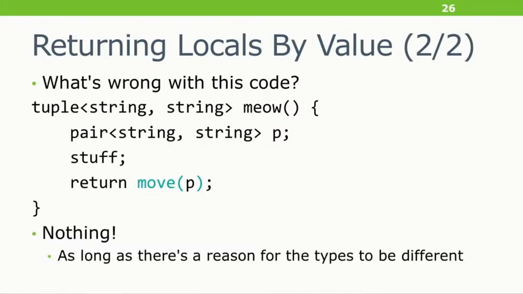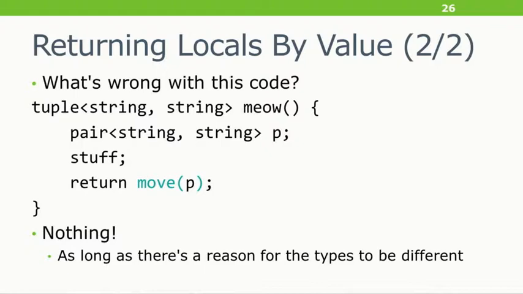It is not wrong. In this case, this is the one example where the code is not wrong. I got you. In this case, the types are different. It is not a candidate for the NRVO. This is a normal construction from an L-value, and the compiler will copy unless you say move.